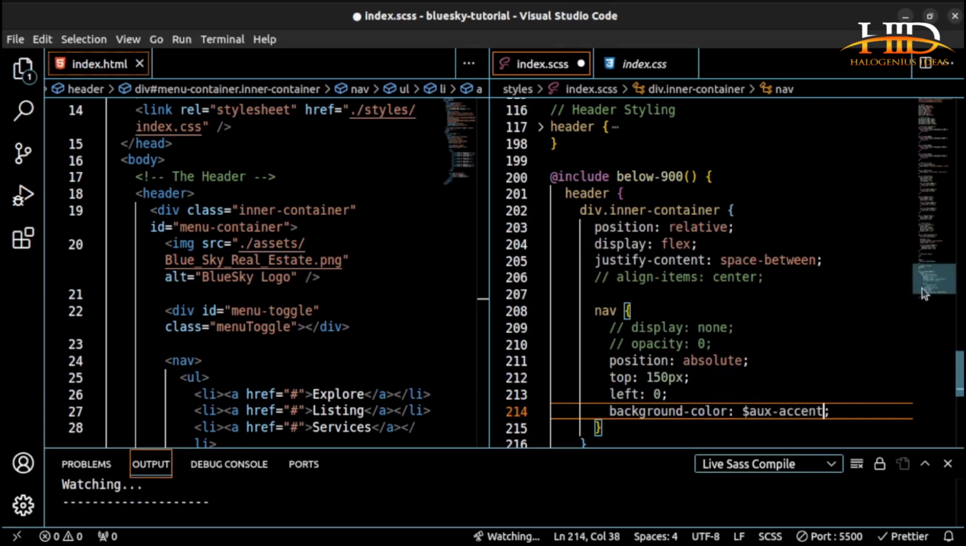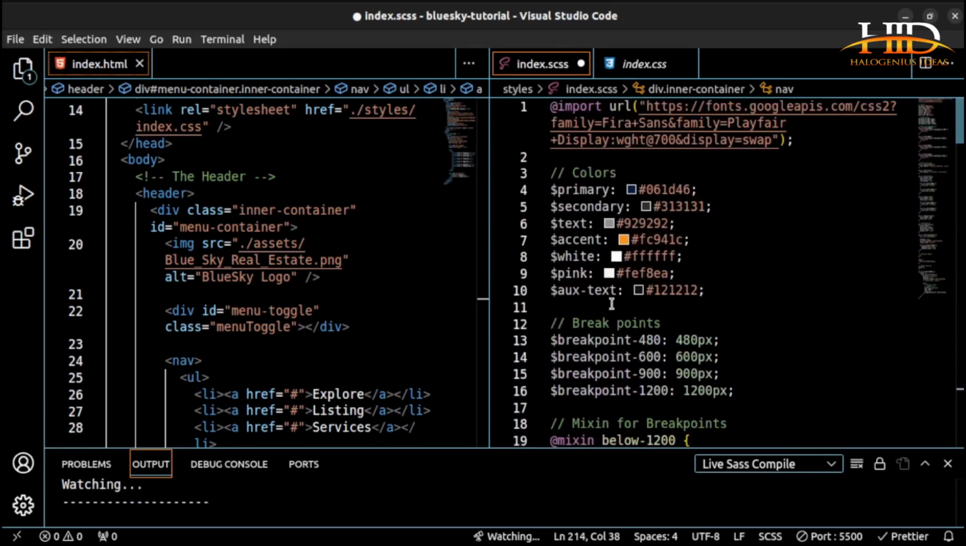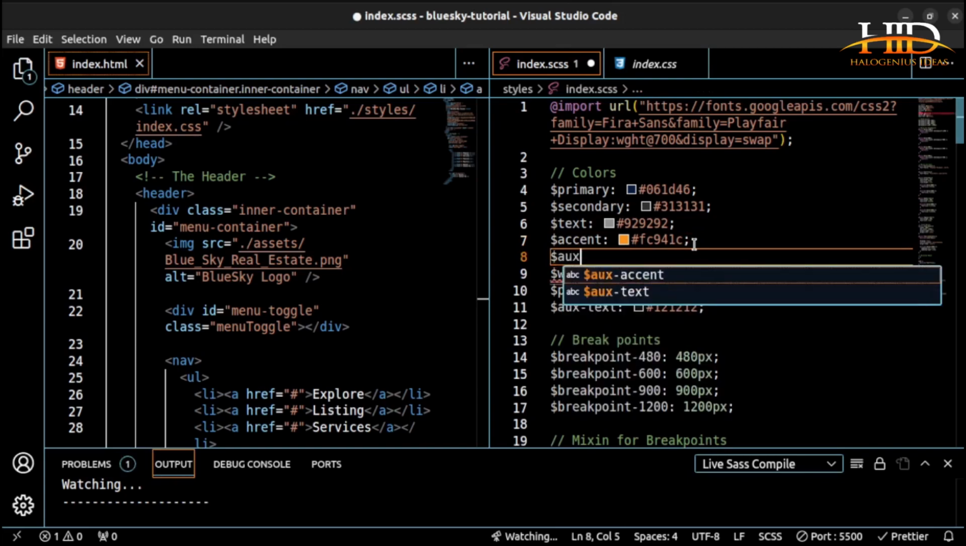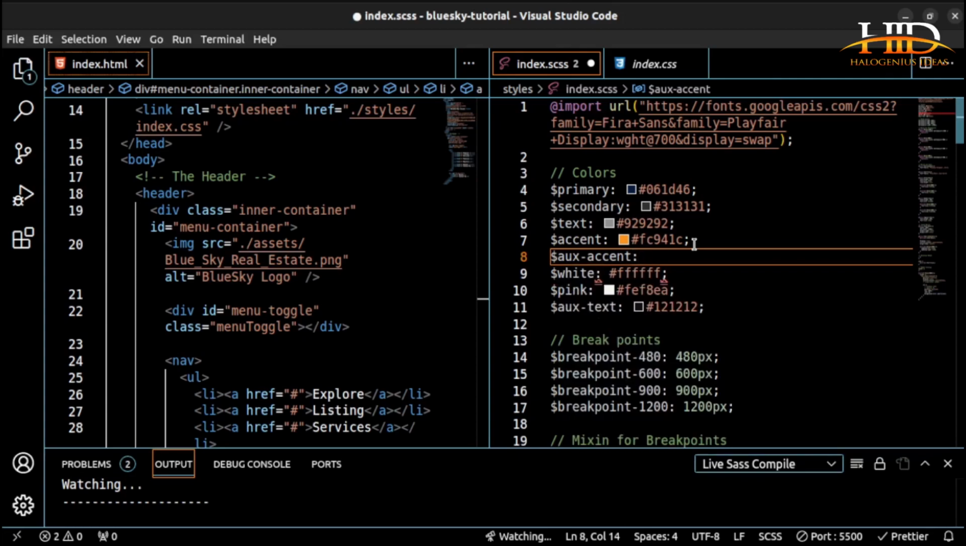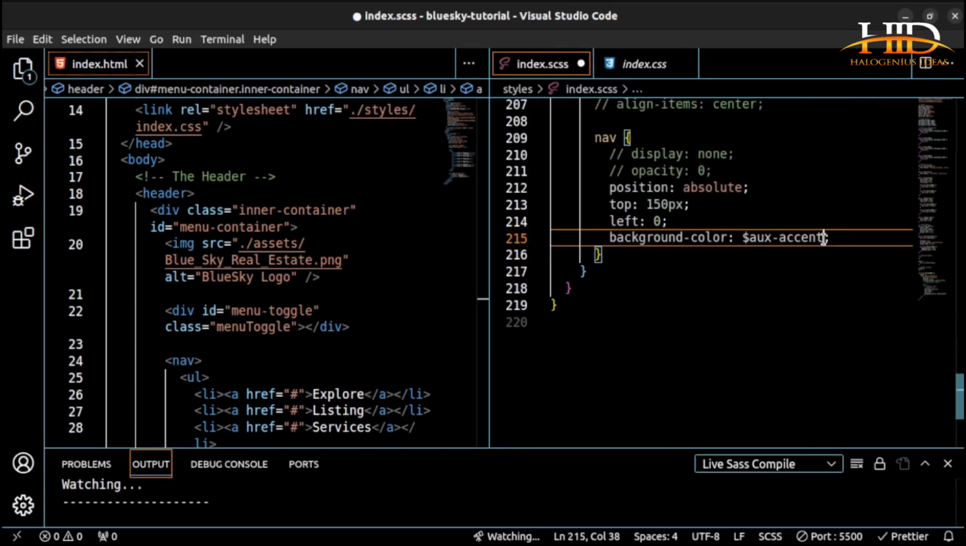Why is it not giving me the ox accent? I must have done something wrong with my colors. I'm supposed to have an ox accent here. My ox accent is supposed to be something around A35700. Yes, that's my ox accent. So a bit deeper than the accent in color. That will be the background of